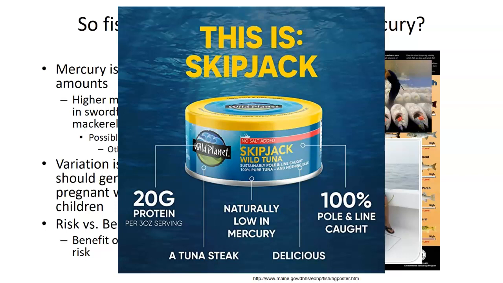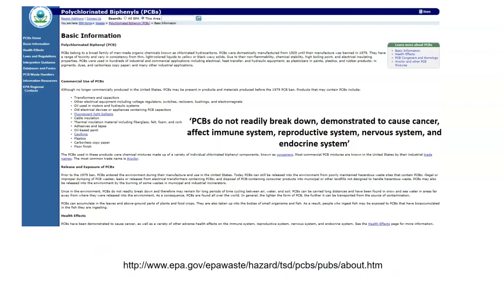Tuna steaks, always a bad idea. Albacore tuna, bad idea. If you go with skipjack, it's going to have everything you want. It's delicious. The protein is there, but it's naturally low in mercury. It doesn't mean, again, you should be consuming it every day, but it's the lower mercury content as far as tuna go. You will pay a little bit more for this, but the difference is you're going to get all the benefit and much less risk.